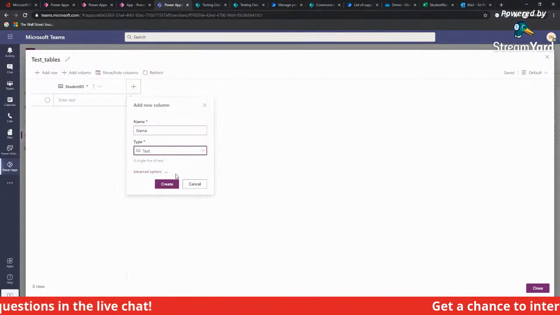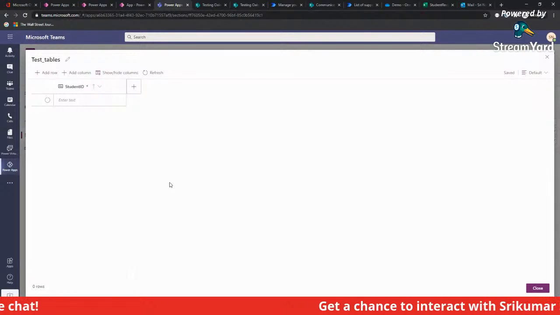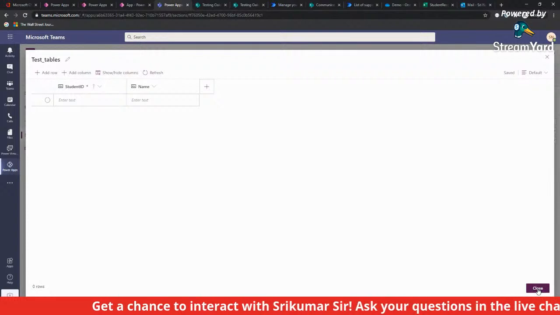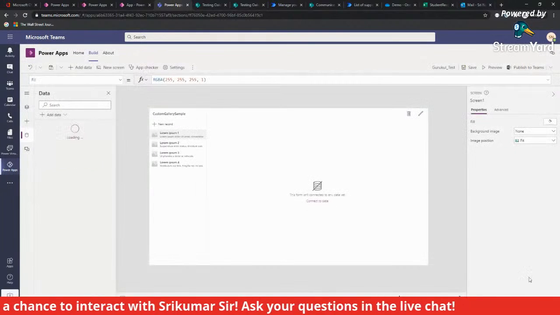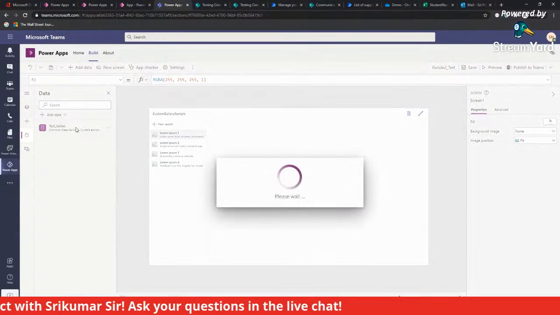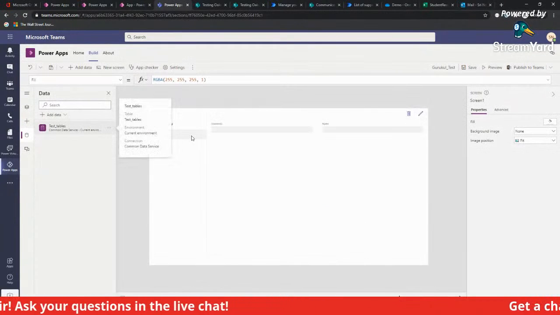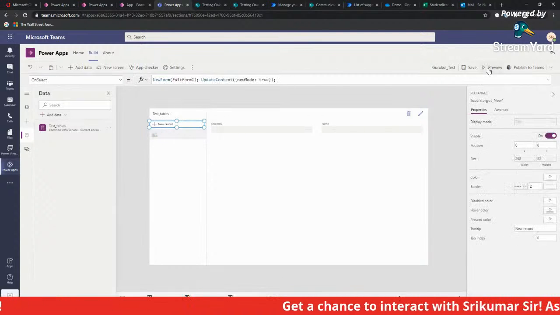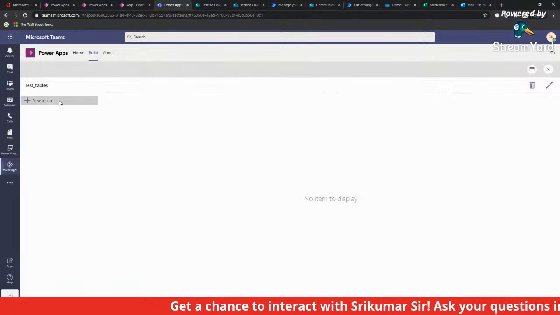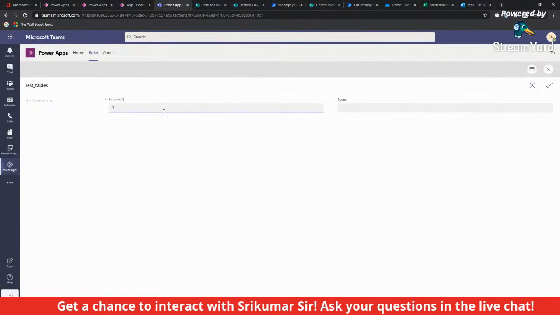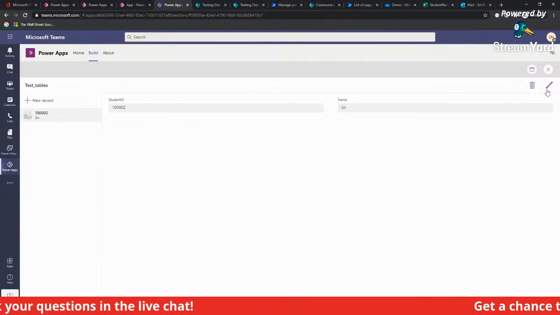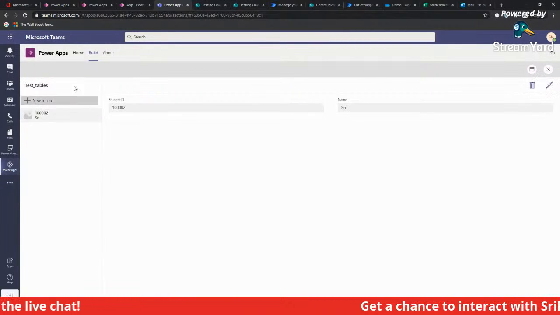Let's just make it simple and just say two columns and show you how it works. You just added a simple Excel-like table here, and that's pretty much it, and you're done. Your table is ready, and the rest of the magic is the same thing that you were trying to do earlier, where you have the student ID and the student name showing up. Let's just run quickly and say I want to add a new record. The student ID is 1001, 1002, and just say Sri. And your app is ready now, all set, everything's done.